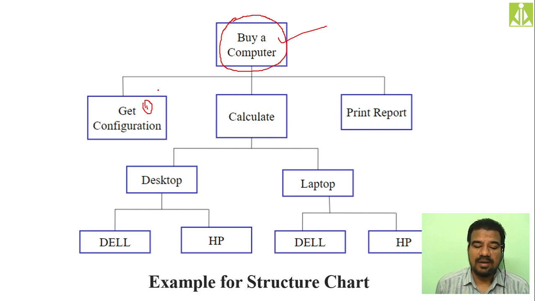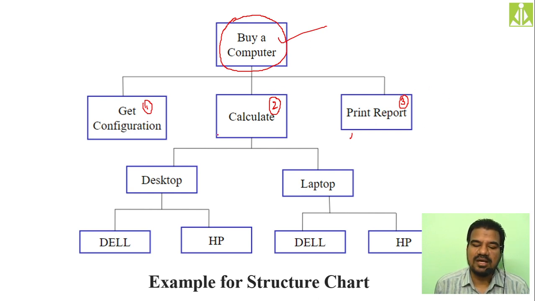Then, based on that configuration, calculate how much cost I have to pay, because how much burden we can bear on our pocket also plays a vital role. So the cost of the product based on the configuration is the second thing. Whatever configuration we are listing, depending on that we'll try to get the cost. Then print the report. Whatever research work we have done, we need to get the report of that work so that we can have it handy and easily check it whenever we want. So printing the report is the third job.